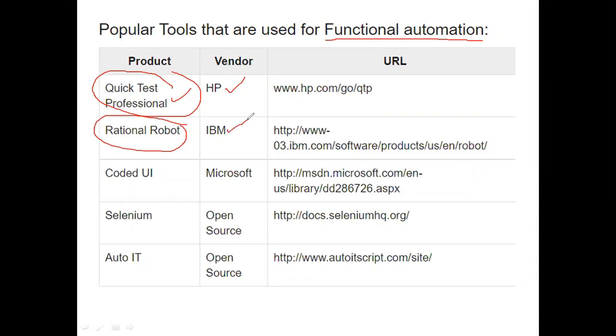Vendor is IBM. The Coded UI, the vendor is Microsoft. Selenium, so this is open source software. AutoIT, this is also open source. So all these are the popular tools that are used for functional testing.